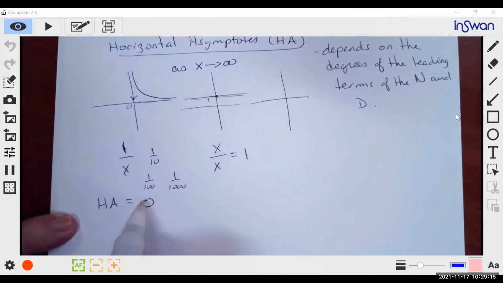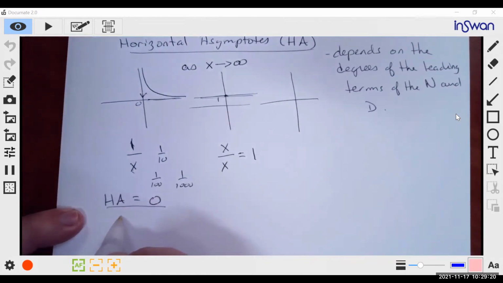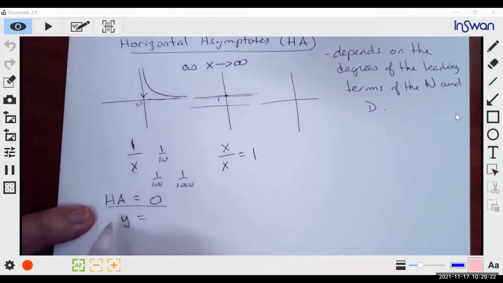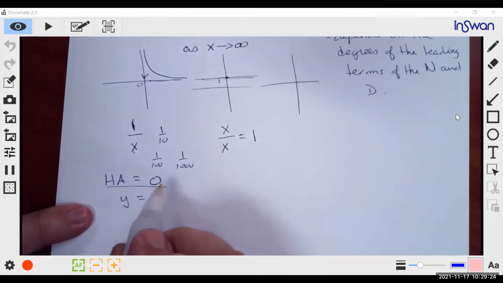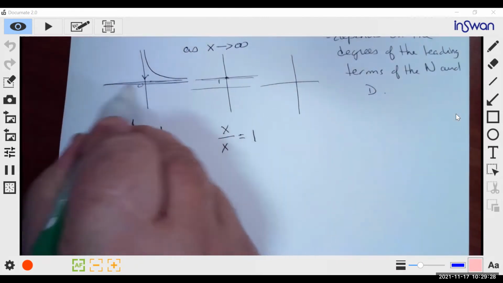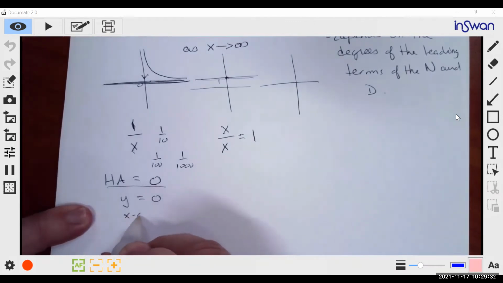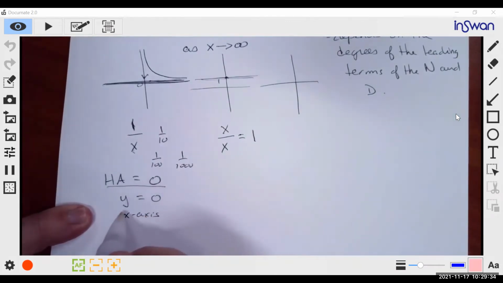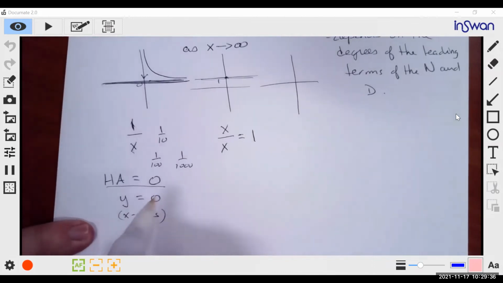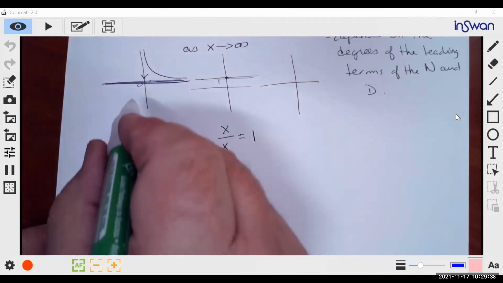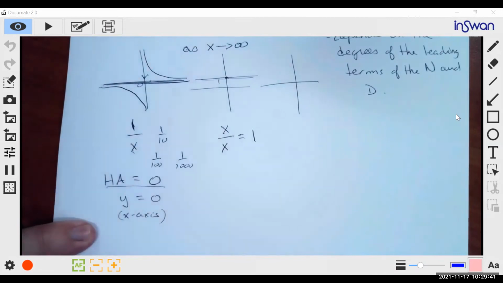Well, let's go back to the first one. Since I said the horizontal asymptote was 0, that means the horizontal deals with the y-axis. So when y is 0, that's the x-axis. The line y equals 0 is the actual x-axis. But yeah, so if you look at our graph, what it looks like,